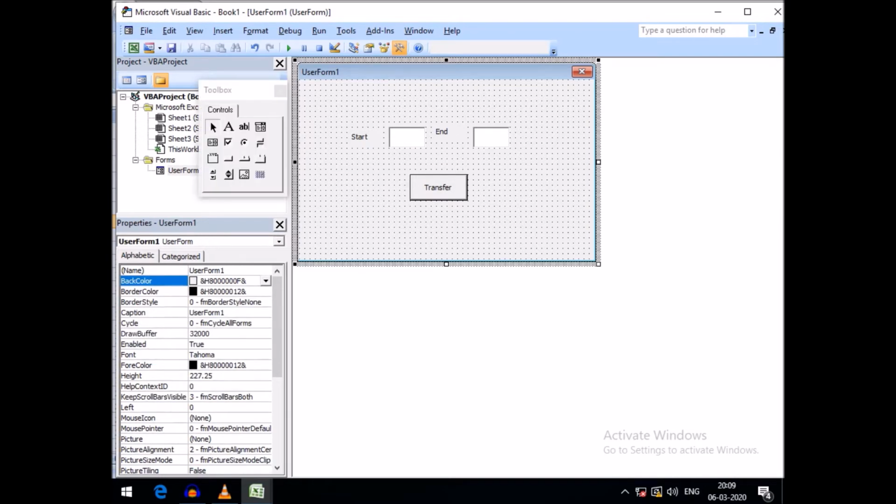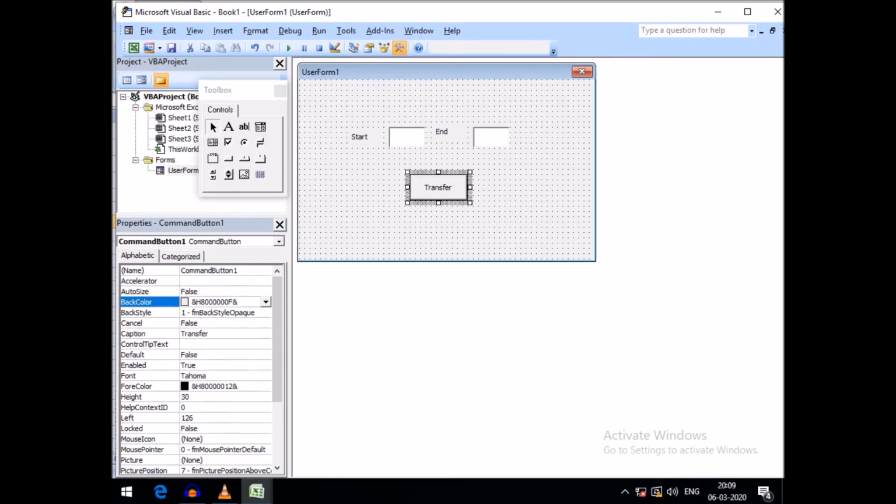Here I am writing transfer to sheet 2, just for better comprehension. Transfer to sheet,